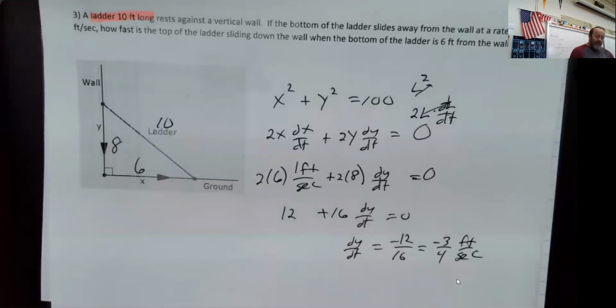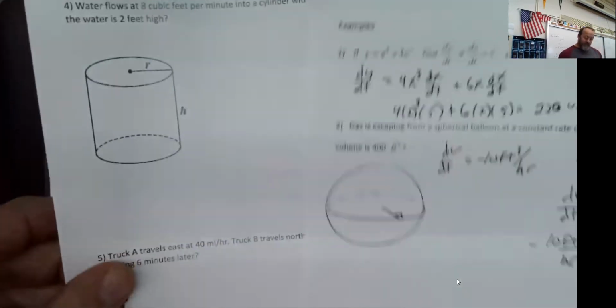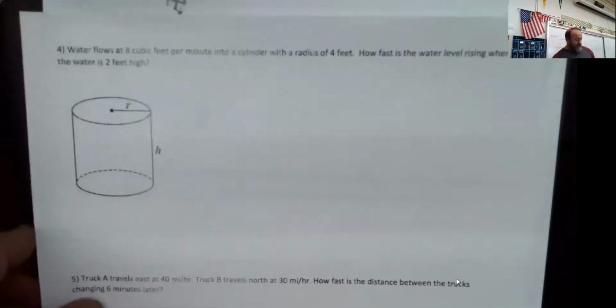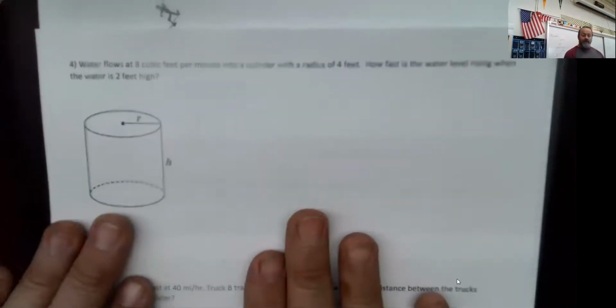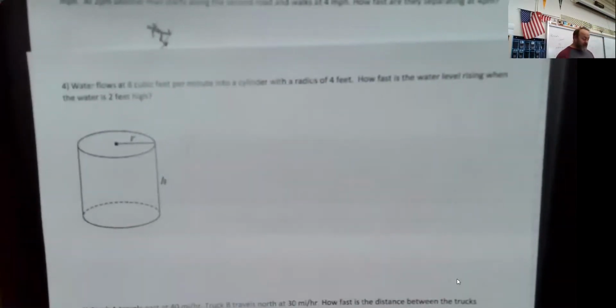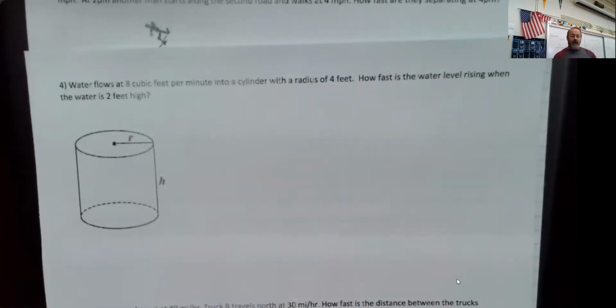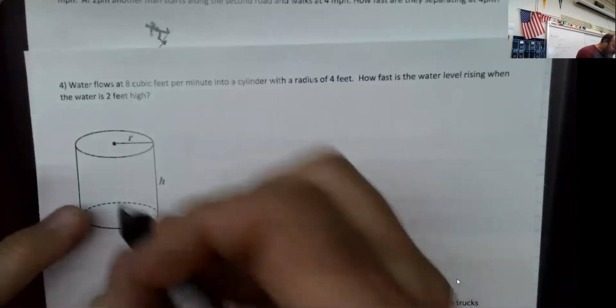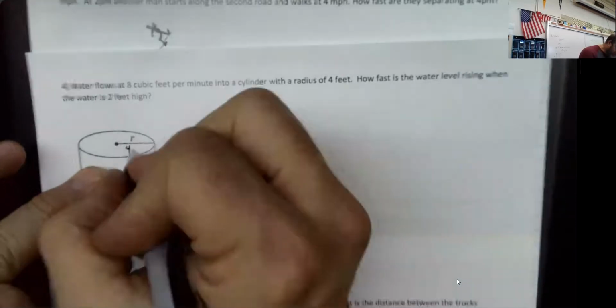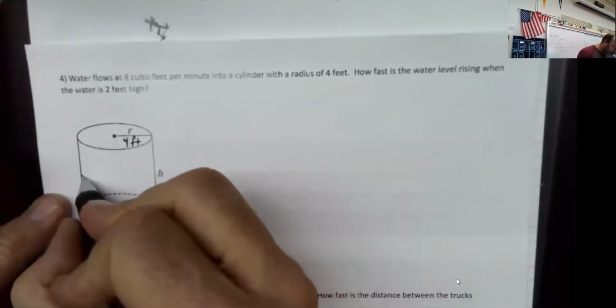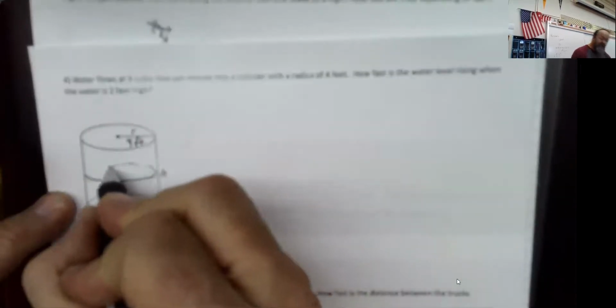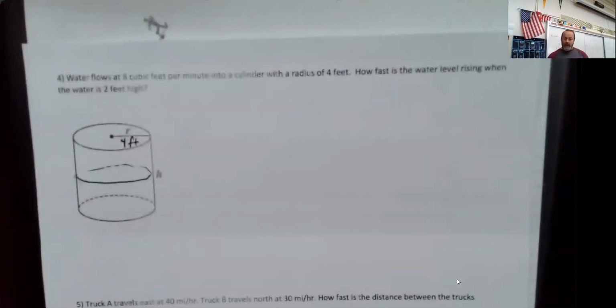Okay, now my last problem for this particular video. Water is flowing at 8 cubic feet per minute into this cylindrical tank with a radius of 4 feet. Well, the awesome thing is the majority of the time, other than really crazy mathematical cylinders that are made up by math teachers to make students' lives difficult, this thing should be a constant 4 feet, because most cylinders over time, water flows in or flows out, but it moves up and down, but the radius is going to be